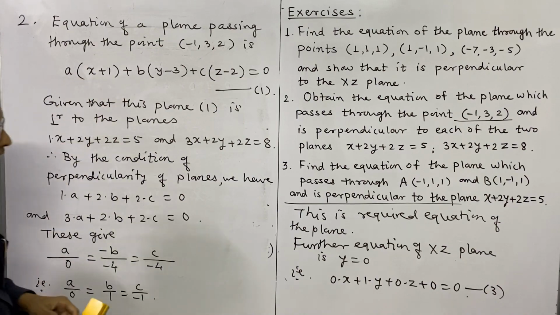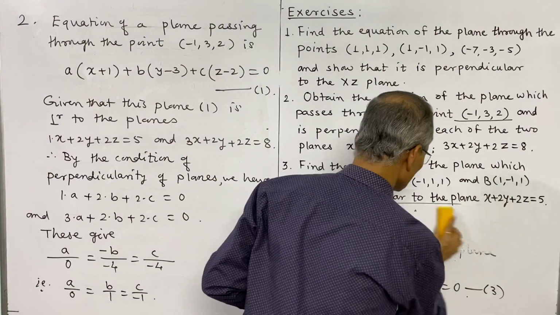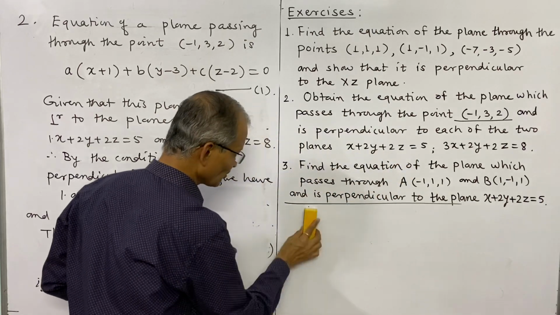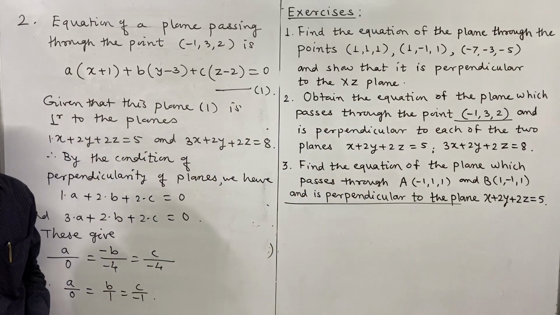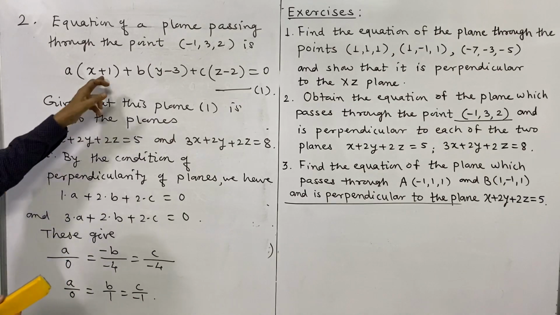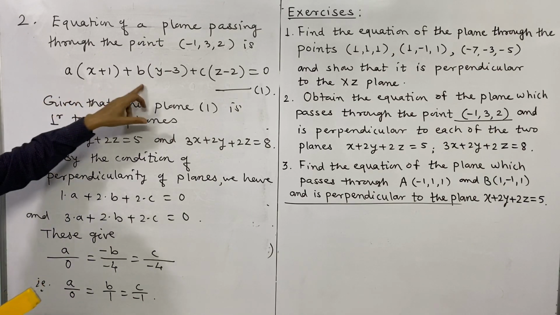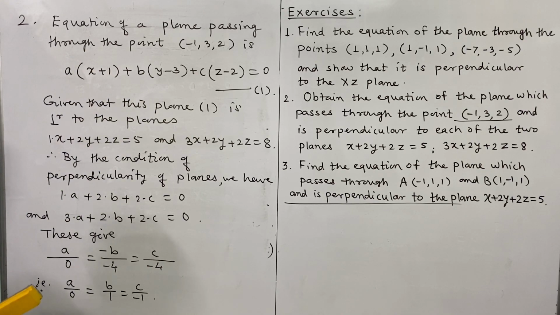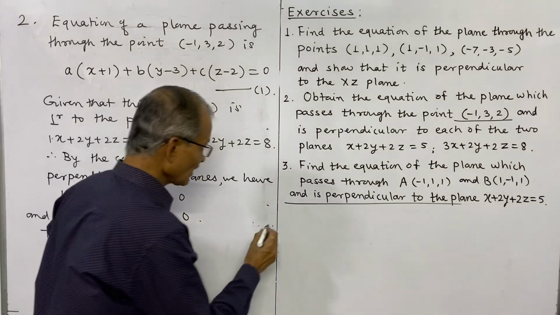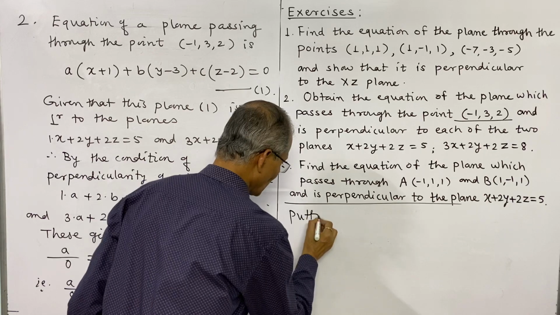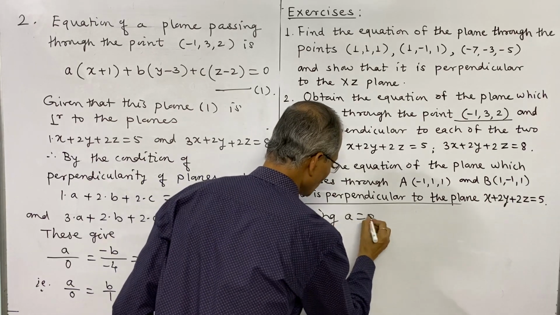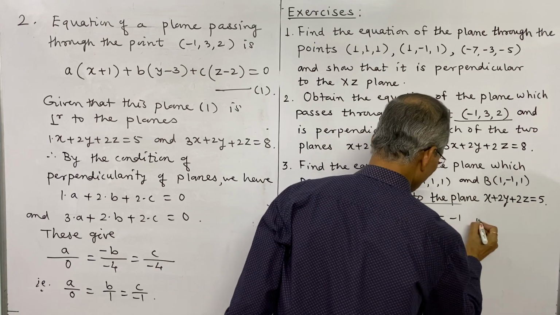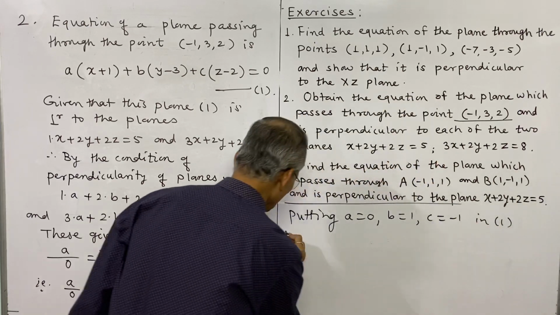and put in equation 1, and that gives, so putting A is equal to... You should note the procedure, how the conditions are to be used and how the values of A, B, C are found, and then we get the required equation of the plane. So substituting A is 0, B is 1, and C is minus 1 in 1, we get,